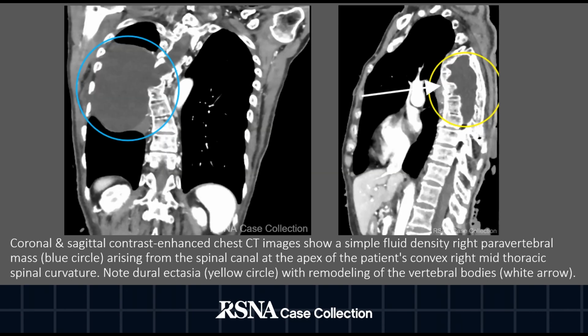Coronal and sagittal contrast-enhanced chest CT images show a simple fluid density right perivertebral mass as indicated by the blue circle arising from the spinal canal at the apex of the patient's convex right mid-thoracic spinal curvature. Note dural ectasia as indicated by the yellow circle, with remodeling of the vertebral bodies,